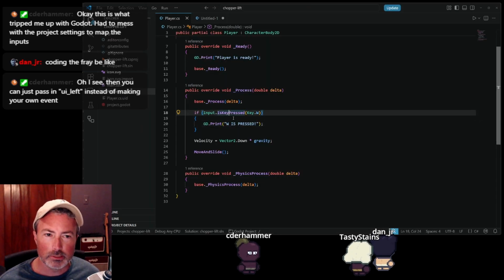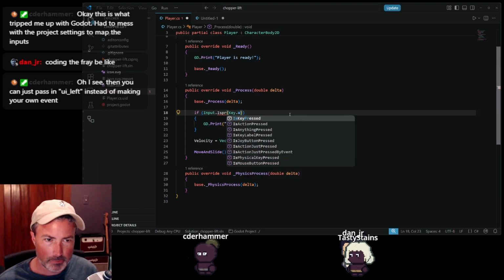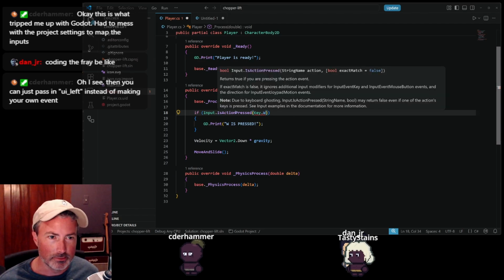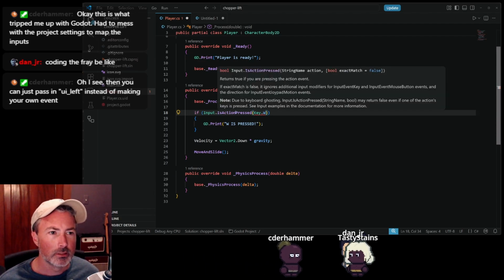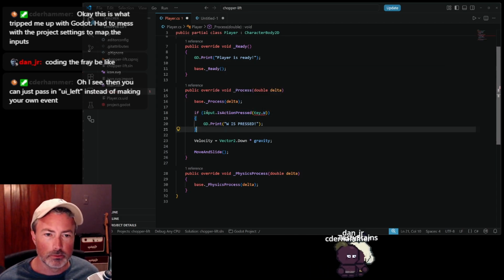We're not going to use exactly this way. Is action pressed? I think it is, right? Returns true if you are pressing the action event. I believe this is what we want. So we're going to change that to is action pressed